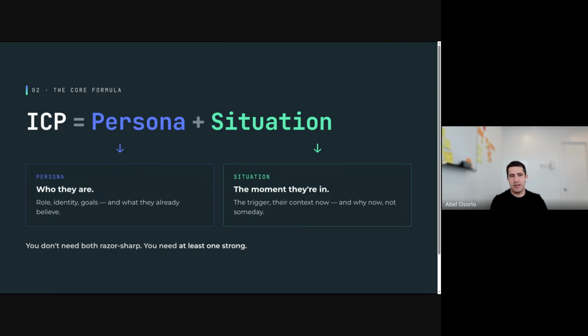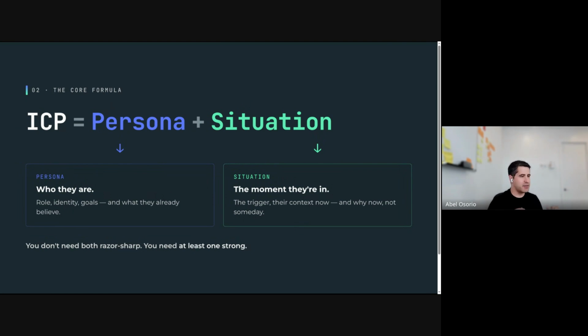So that's why I like simple things. And our definition is very simple, it's just persona plus situation, as simple as that. What I mean by this, persona, the blue thing here, is whatever you can say